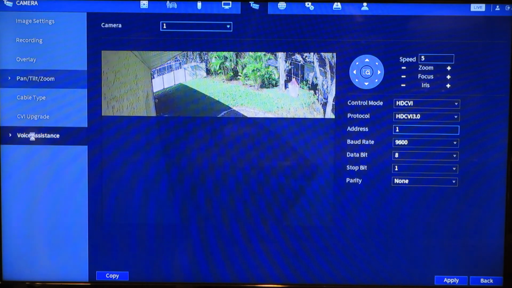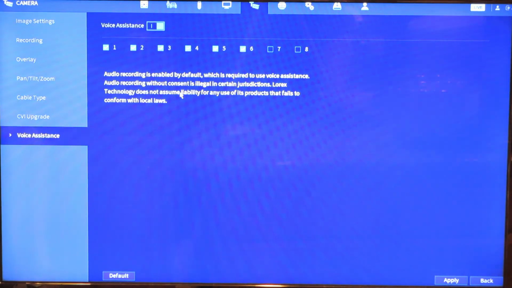But voice assistance. This is where you can enable voice assistance. You can do that from the DVR, I think, but mostly it's for like Google and Amazon, like the Dot, Alexa, and all that stuff. It supports one of those. I don't know which one right off, but you can set that up in here too. But I think that's a security risk, and I would never use like any of those products.